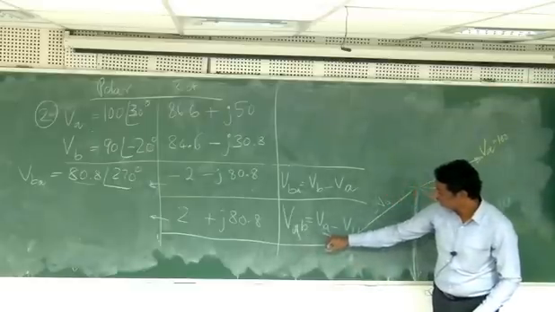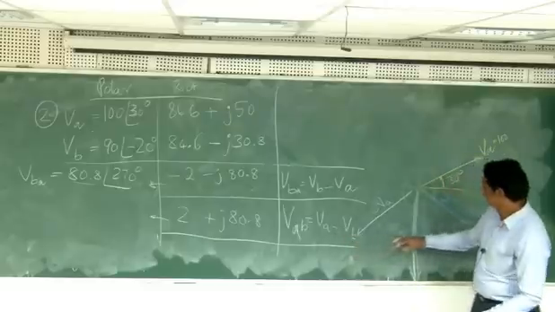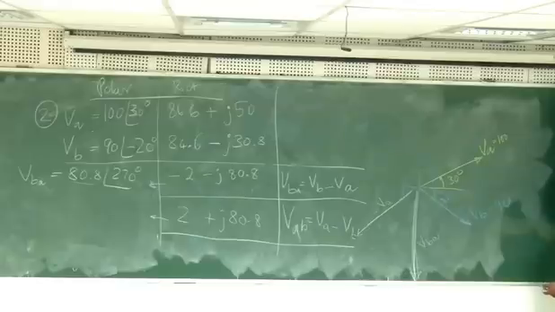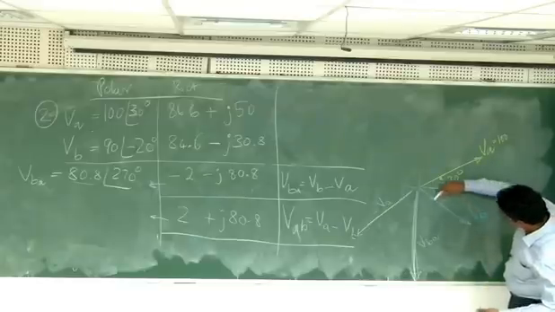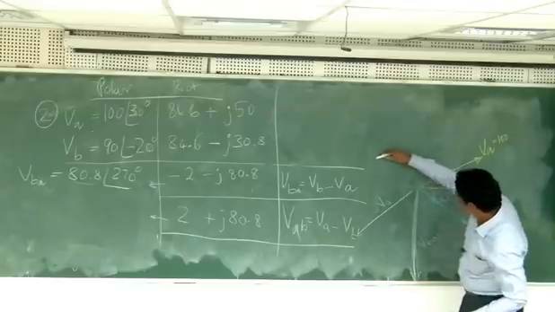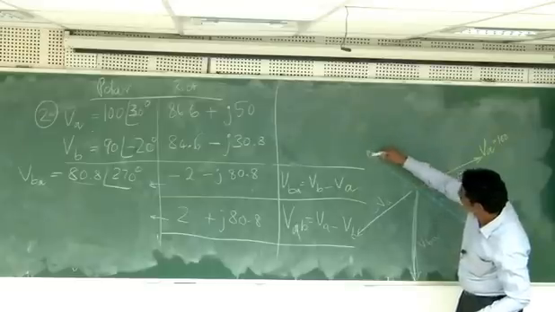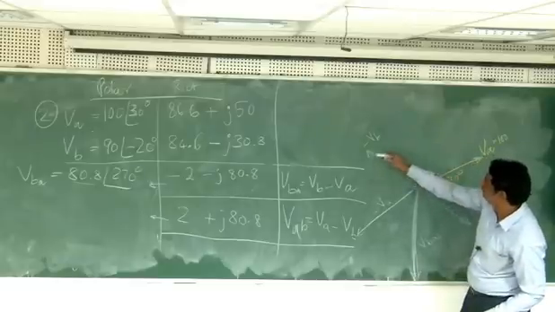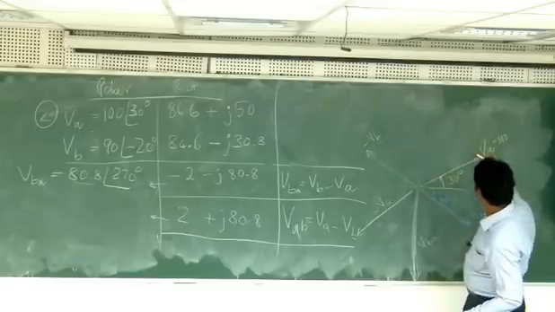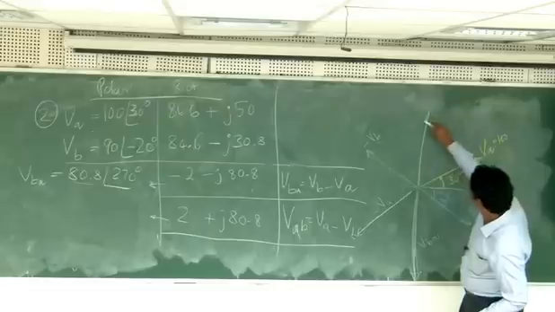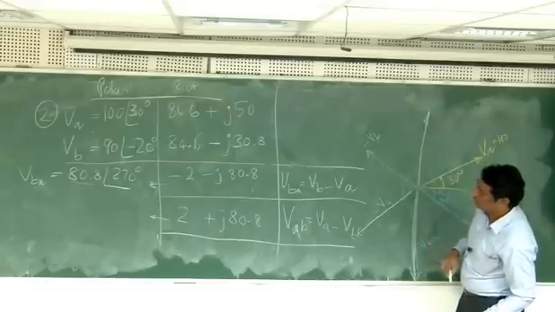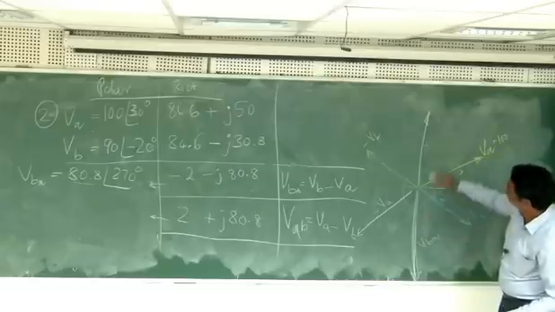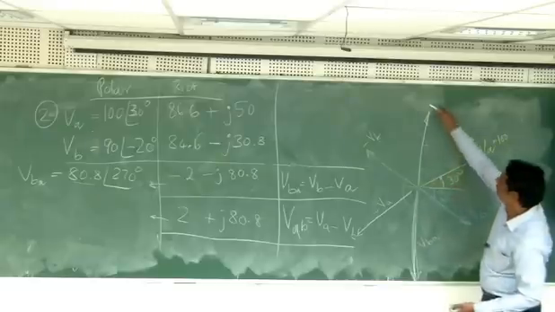What is VAB? It is VA plus minus VB. So this is VB, and the minus VB will be exactly opposite to that. I'll write it here, something like this. This is minus VB. So VA plus minus VB will be somewhat like this. How much angle did we get? We did not calculate that even. The length will be the same. These two will again be opposite each other. This will be VAB.